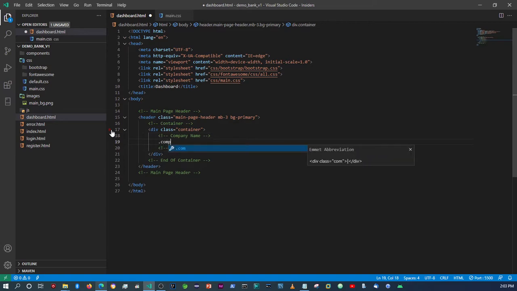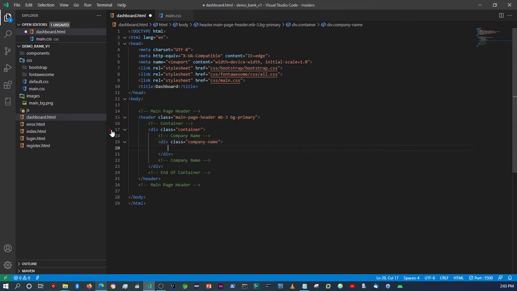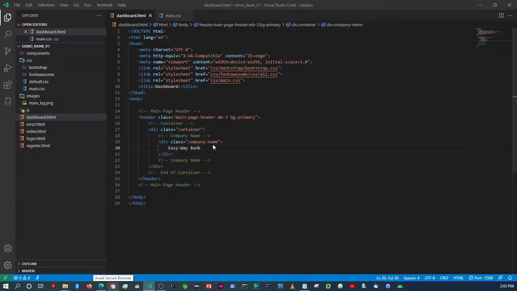I'll put that within a div, company and the name. And then this will be easy. Bank. I know that's not the most creative name, but whatever. So all right, that's the bank, the company name there. And then so here we can say,